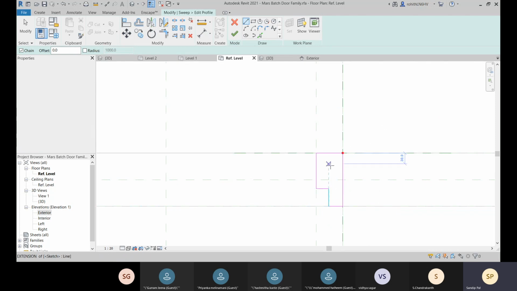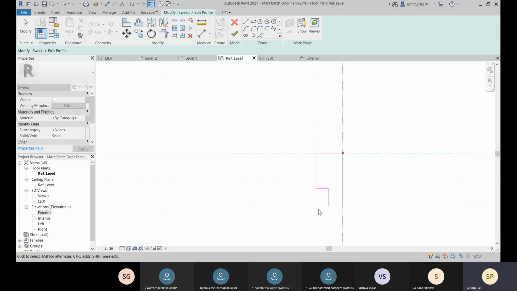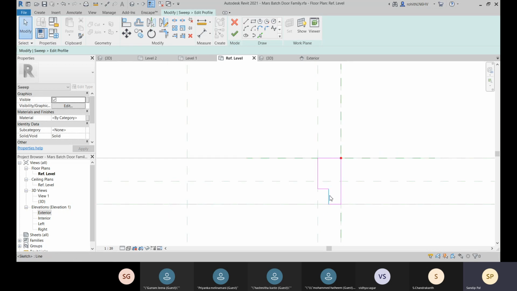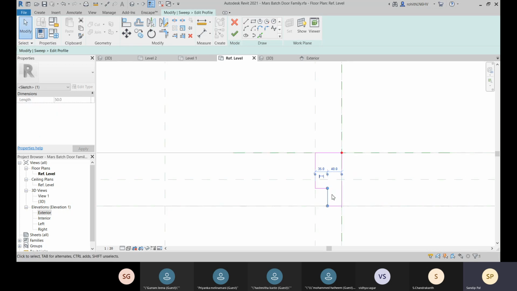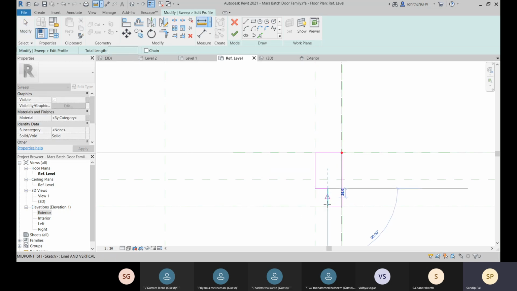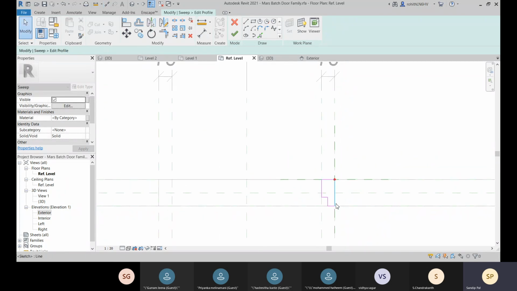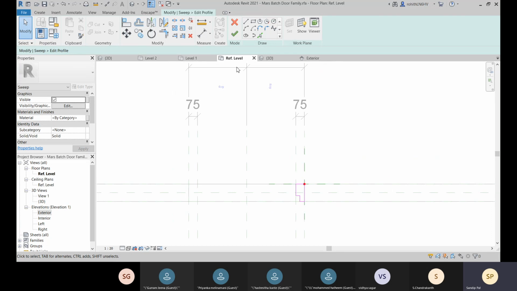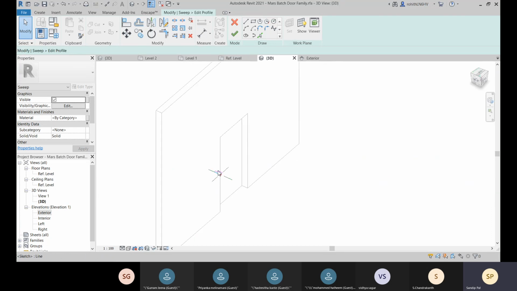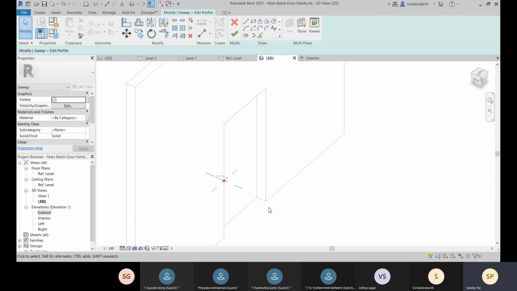Okay, so for our door jam we have created this. All right, so this much is your 25. Okay, so here you can check it from this point to this point is all right. Okay, 50, so that is well enough. And we have created this one, and it will be swept around this. Now here you can see better, it will be swept around this path. So we'll have our door jam properly.